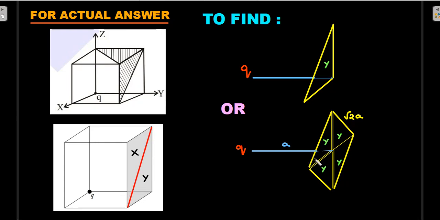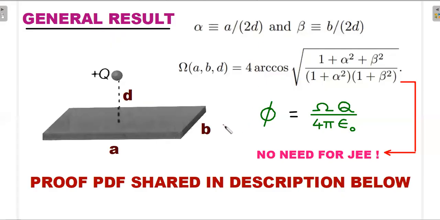And therefore, it boils down to a problem where I have to find out flux due to a point charge at a distance a from the square of side root 2a, and it's lying on the line of symmetry. Okay, so are you ready for solving this one now? Slightly more tedious, not standard. It should not have been asked in JEE because we don't get that much time to solve, and the integration is actually slightly tougher.